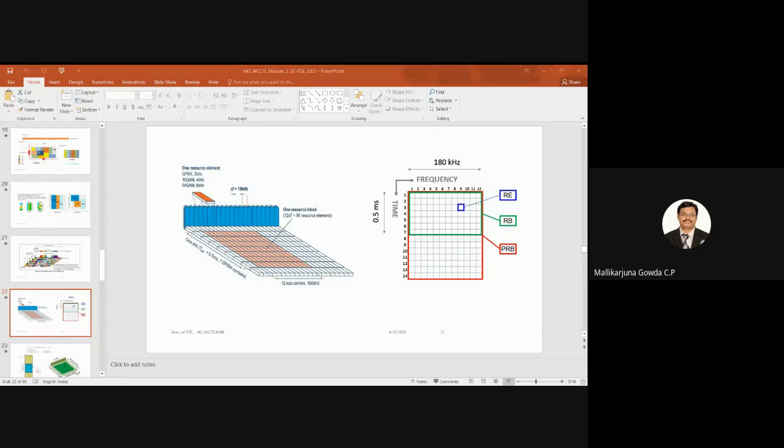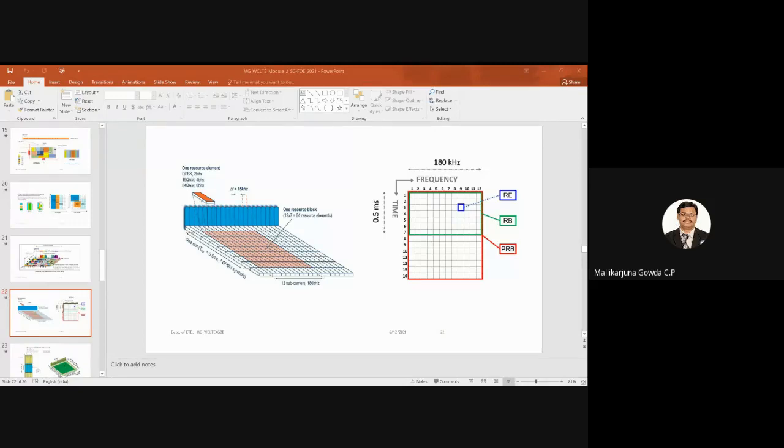I think you should be able to understand these things. What is a resource element? What is a resource block? A resource block is 7 OFDM symbols with 12 subcarriers. That is one resource block. One cell, with one symbol and one subcarrier frequency, is known as a resource element. And what is a physical resource block? 14 OFDM symbols with 12 subcarriers is known as one PRB, that is, physical resource block. Are you able to understand what I'm saying? What is resource element, what is resource block, and what is physical resource block?